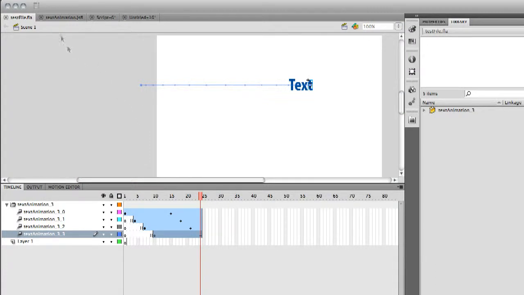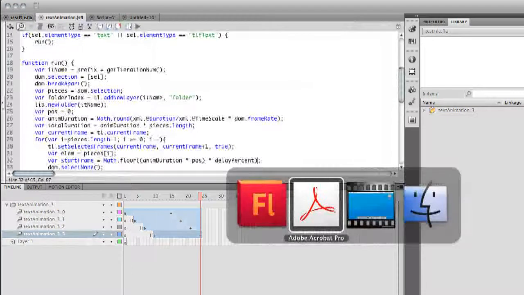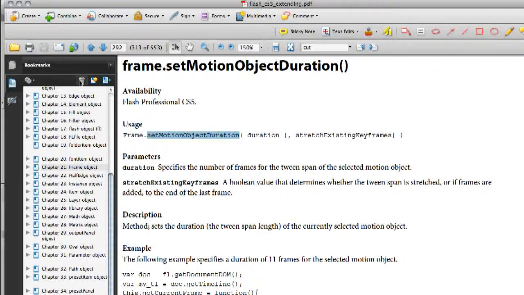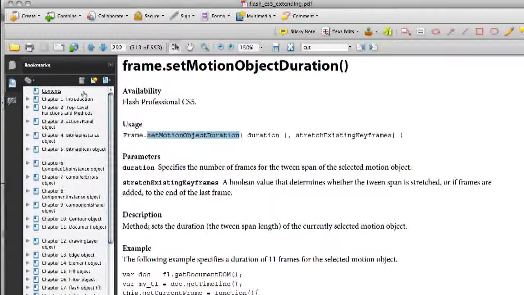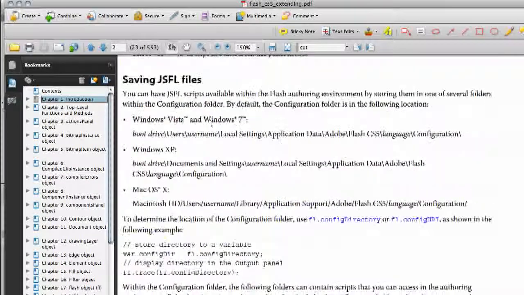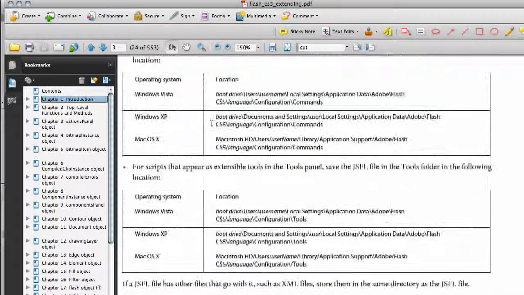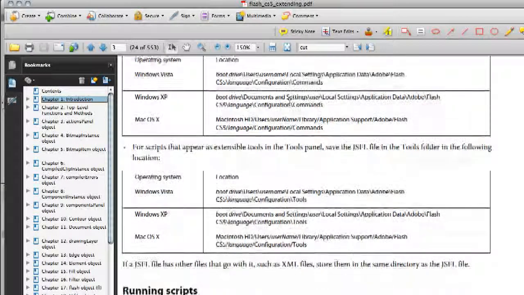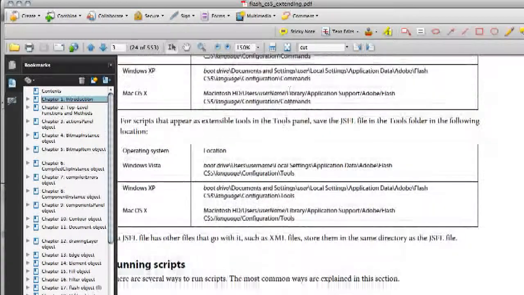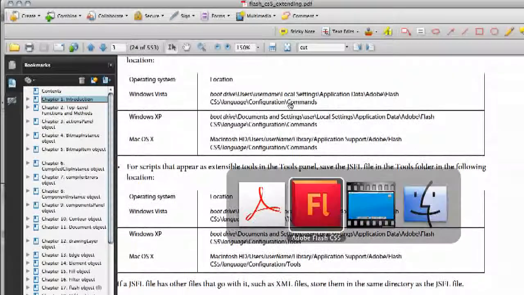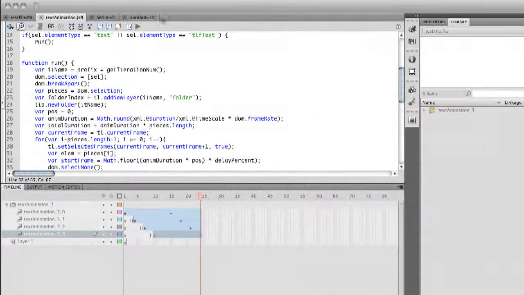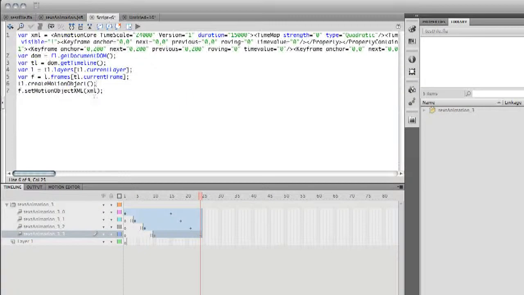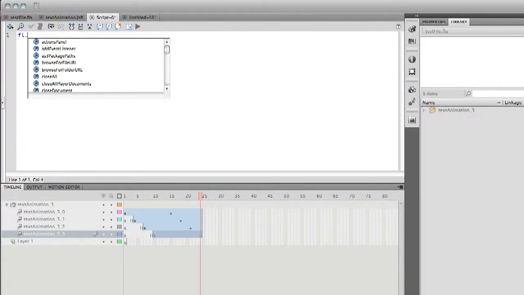Let's save this as a command. This is actually in the documentation. If I go back up to the introduction, I'm going to scroll down real quickly. And here it shows you the common locations. There's a really good way to find this. If you, in this temporary script, type fl.trace